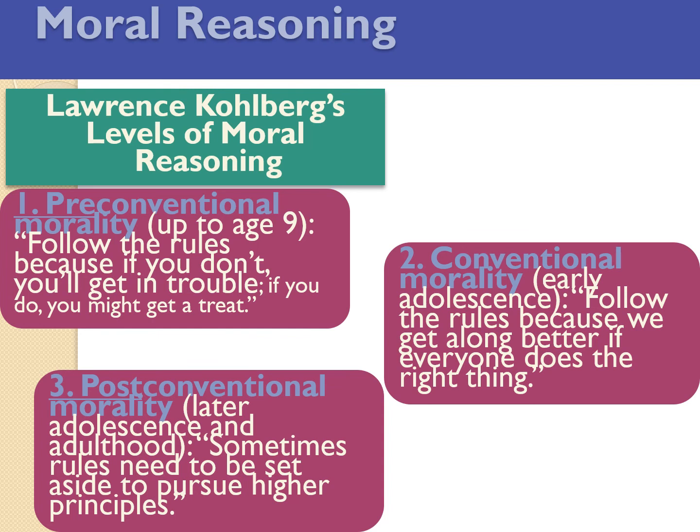Conventional morality begins in early adolescence, and it's follow the rules just because it makes everybody get along better. Nobody fights because of it, so just do it because it's the right thing to do. Now, a lot of people get stuck in this. Those are the ones that just follow the rules, do the red tape, everything like that, and don't fight against the tyrannies of society. They're stuck in conventional morality. They can be highly intelligent. They could be CEOs. They could be business people. But until you fight against things that you know are wrong, you're stuck in conventional morality.